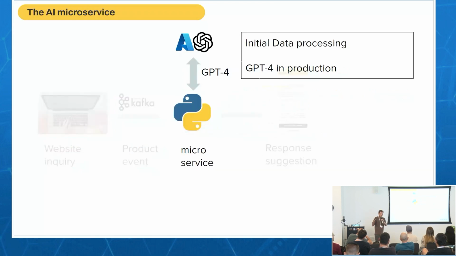Okay, so when we have the Kafka event with all the relevant information, the next stage is the data science module, the data science component. So we had to conduct some data processing. First of all, we don't need everything that's in the inquiry. We don't need missing values, because then you can see that the GPT says in the response,